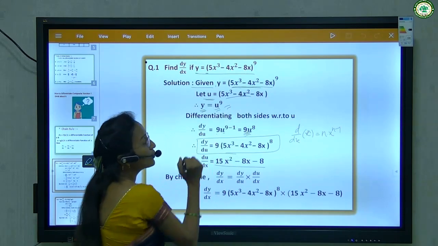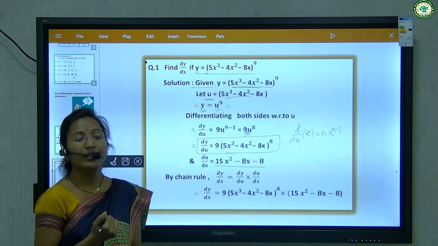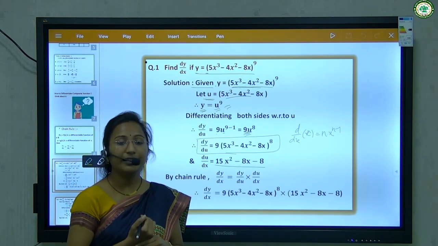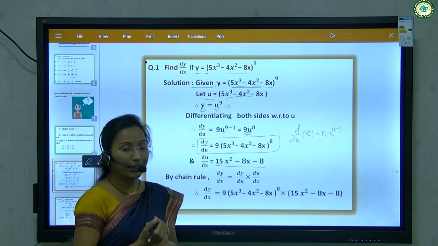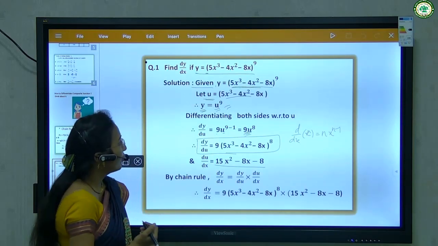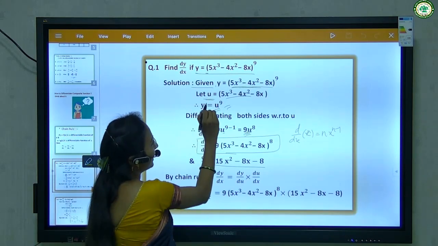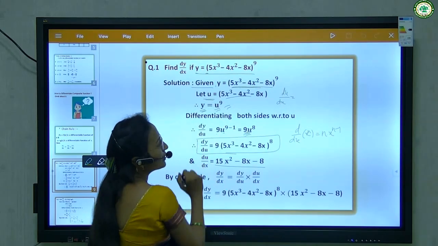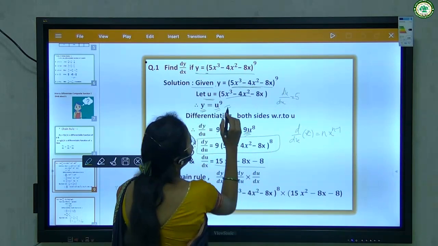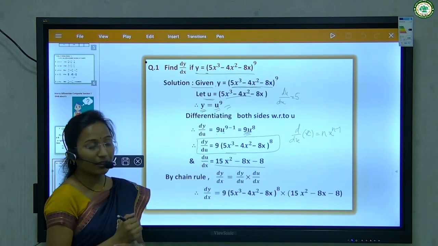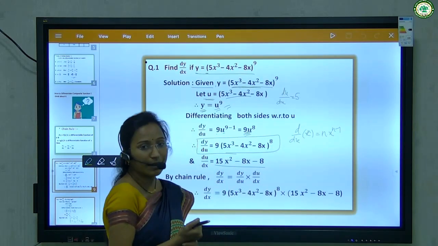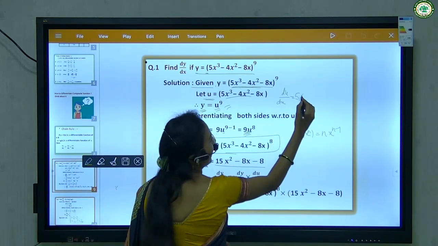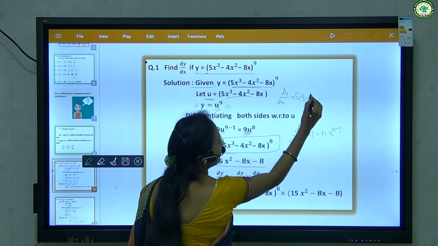Now, here we apply the rules of differentiation, the second rule of differentiation. If u and v are differentiable functions of x and y is equal to u minus v, then dy by dx is equal to du by dx minus dv by dx. Therefore, the derivative of u with respect to x, du by dx is equal to, now here 5 is constant, therefore 5 as it is into the derivative of x cube. Now here apply again the formula, d by dx of x raised to n is n times x raised to n minus 1. Therefore, the derivative of x cube is 3 times x raised to 3 minus 1, means 2.